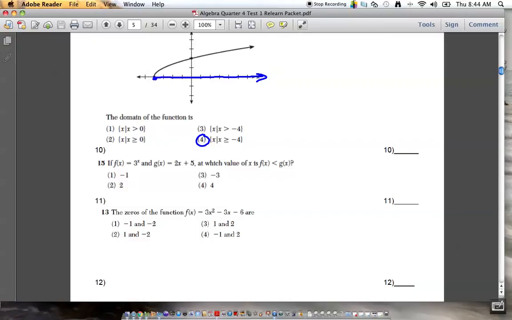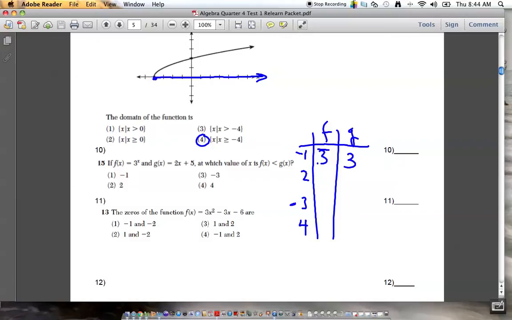For number 15, if f of x is 3 to the x and g of x is 2x plus 5, for which value of x is f smaller than g? So what I'm going to do here is this. Negative 1, 2, negative 3, 4. And then I'm going to do f and g and see what I come up with. All right, and you can do it right in your calculator. For f, if you plug in a negative 1, you're going to get 0.3 repeating. And for g, you're going to get